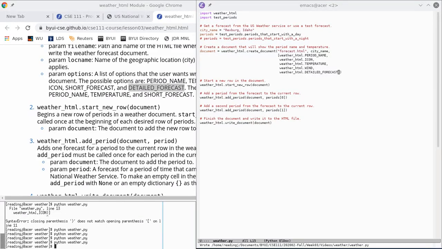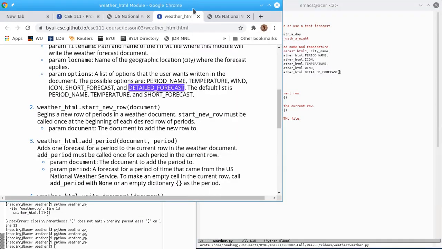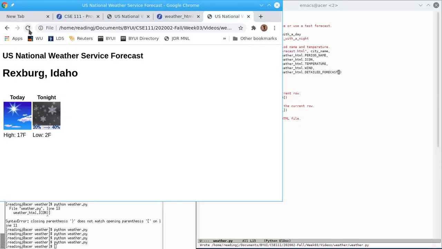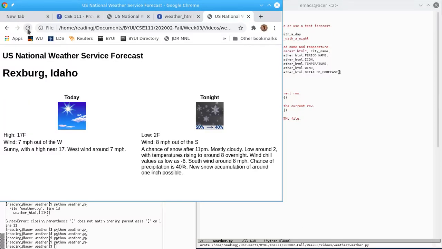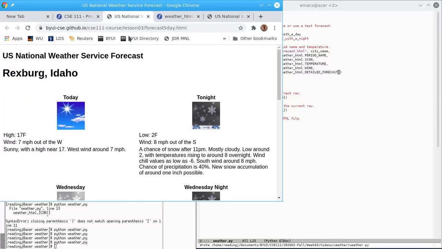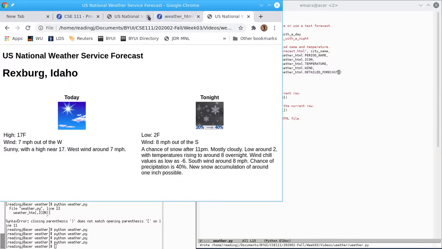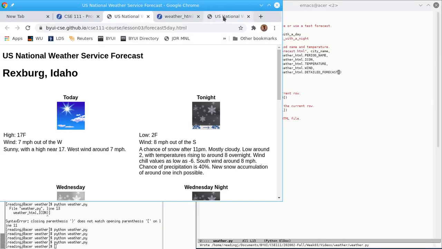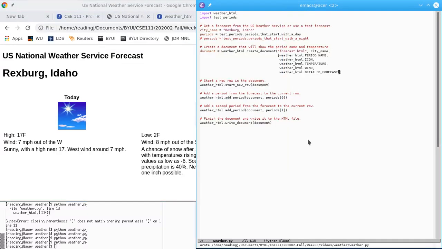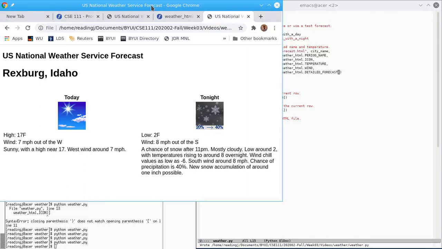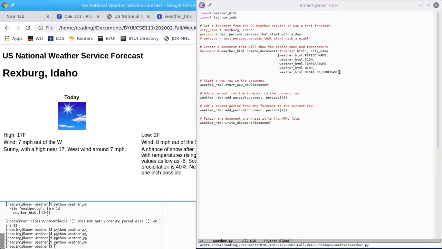We'll run it. I didn't make any hideous mistakes. We reload. Ah, okay. Now we're looking closer to this, right? Yeah, things have shifted around a little bit, but it's pretty close. All right. So now we've got the skeleton of our program, so to speak, but we need to figure out